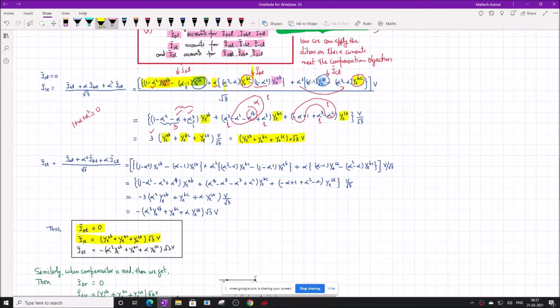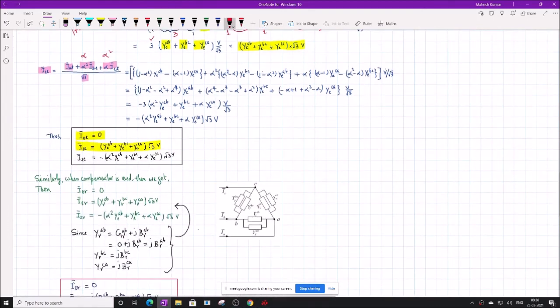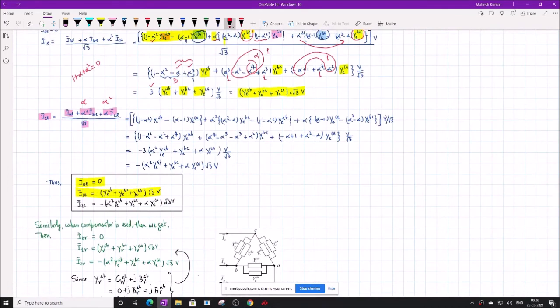Let us find I2L. This negative sequence of load current is IAL plus alpha square IBL plus alpha ICL by root 3. The change is the place of alpha and alpha square. Earlier it was alpha here, alpha square was here, now this is alpha square, this is alpha. So just the same procedure we will follow as we have done for I1L, no change except the position of alpha and alpha square will change. So this is IAL, the whole thing is IAL here. This is alpha square into IBL, this is alpha into ICL.